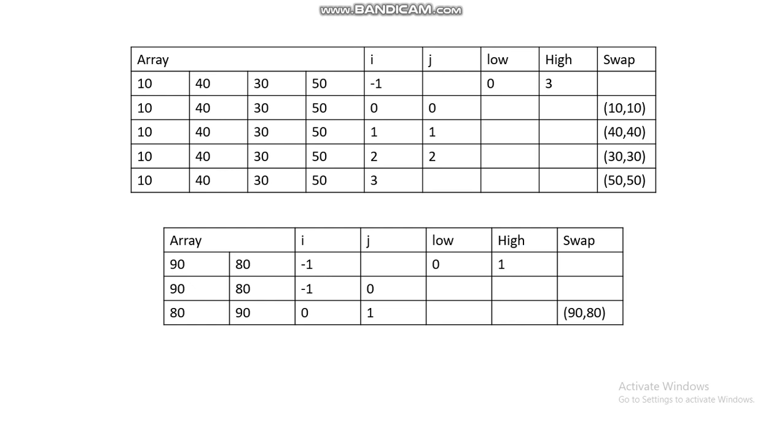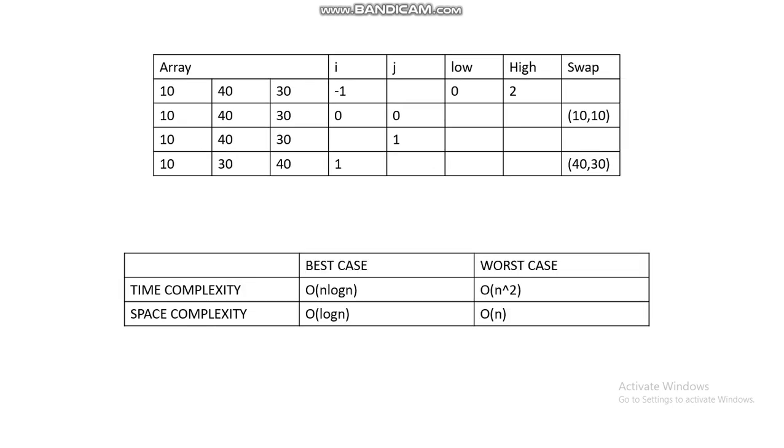Now, with respect to the first table in this slide, we will be sorting the elements from index 0 to 2, that is elements 10, 40 and 30. As usual, the value of i is set to -1 and the element 30 is chosen as the pivot. We run a loop from 0 to 1 with j as the loop parameter.